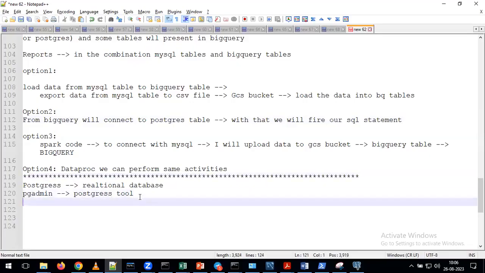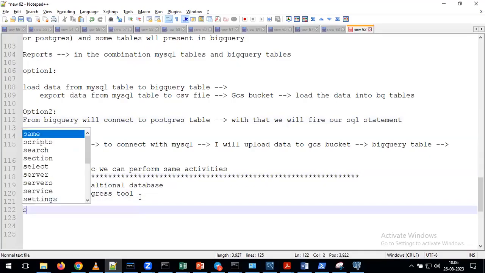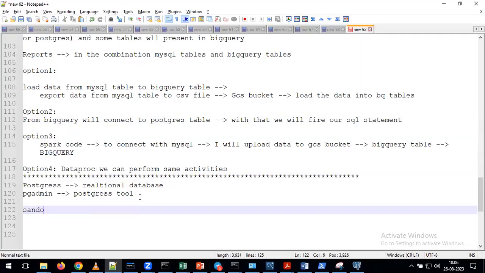Sandbox is nothing but a kind of local system. Instead of calling it a dev environment, we create a sandbox. In this sandbox, we maintain a very small number of resources. While creating the Postgres instance, we saw production, development, and sandbox, right? If we compare development and sandbox, in development we have 4 GB, in sandbox we have 2 GB. If you are looking for very cheap resources, you can go for the sandbox. It's indirectly equivalent to a dev environment, but it's not a dev environment.